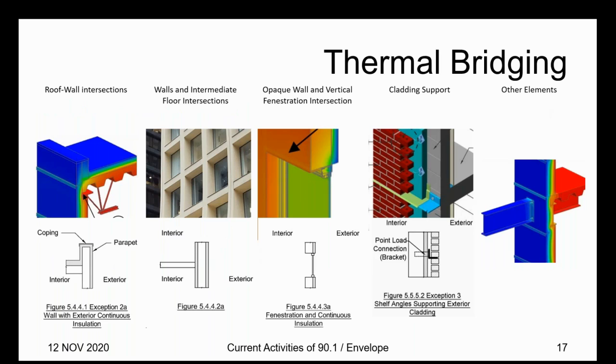And then we started to set criteria for all of those different types. Within those, most of them you can see are linear. Roofs and walls, walls and floors are linear elements. Fenestration and walls are linear. Cladding supports are a combination between linear and point, and then big steel elements and other